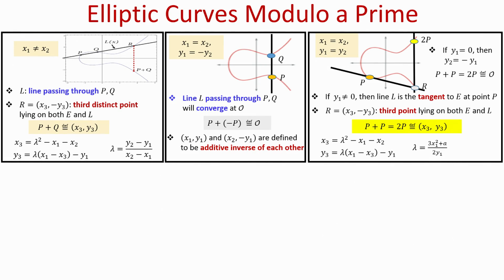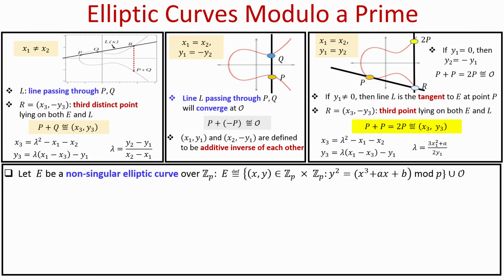But as I said earlier, for cryptographic primitives we want to operate on a set which has a finite size. So, that is why now what we are going to do is perform operations on elliptic curves modulo a prime number, which will not have nice geometrical representations as we had for elliptic curves over the real numbers, but property-wise we can extend the definition of the plus operation as we have done for the case of real numbers here as well.